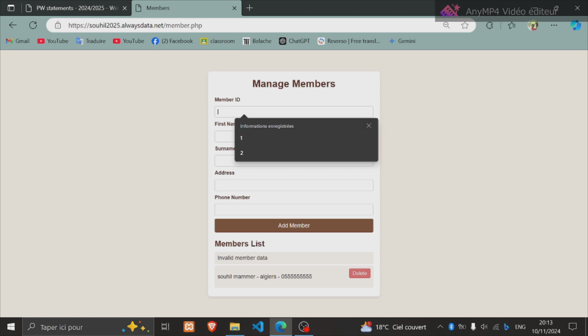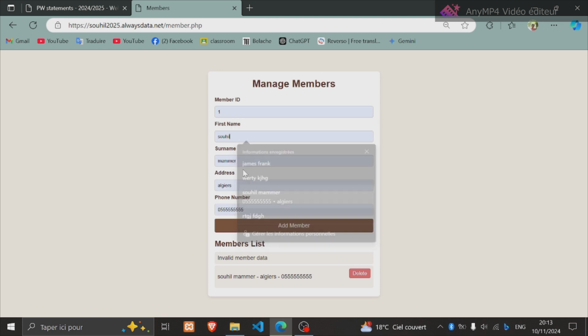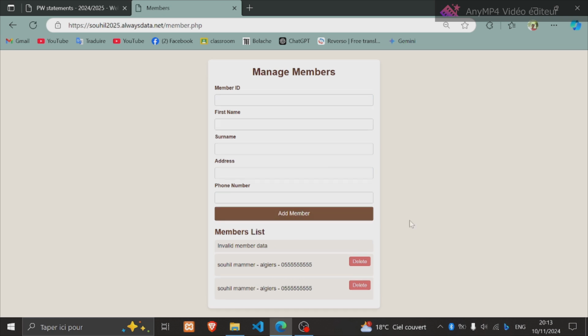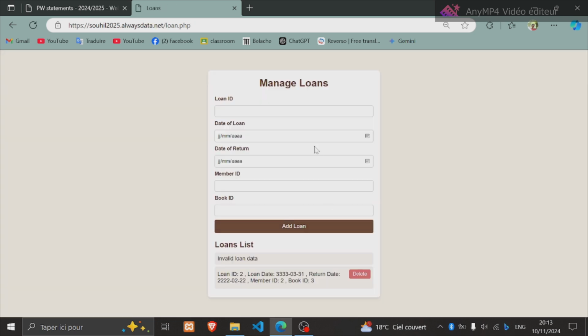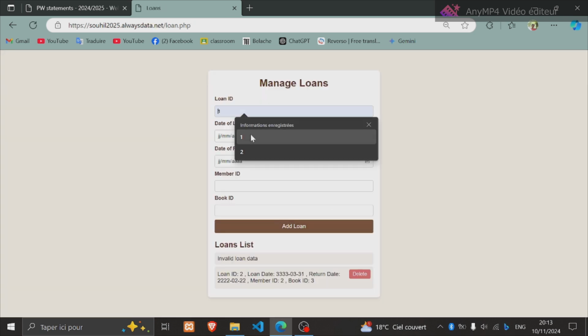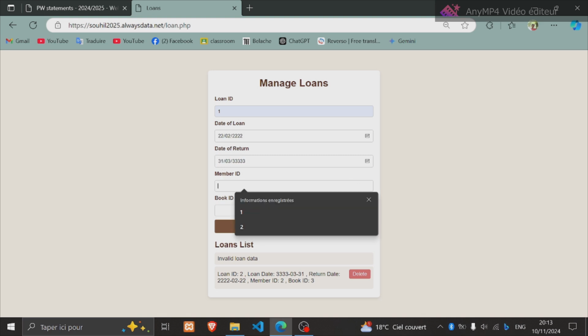members, same thing. Enter the member ID, name, address, phone number, and we add the member. Delete the member. And therefore, for the loans, we have the loan ID, date of loan, member ID,